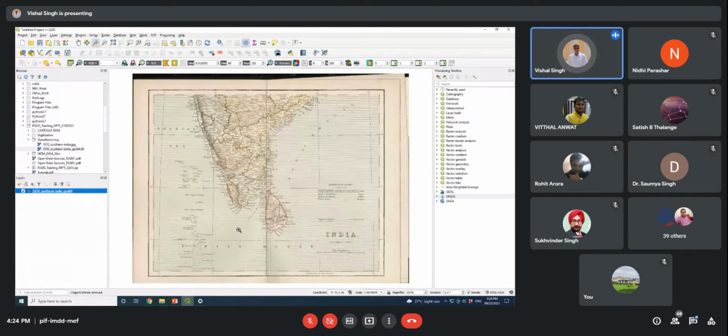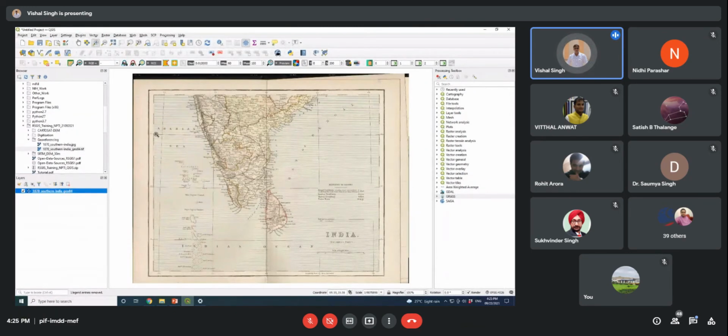If I move my cursor from south to north, you can see that it is mostly changing the latitude values.